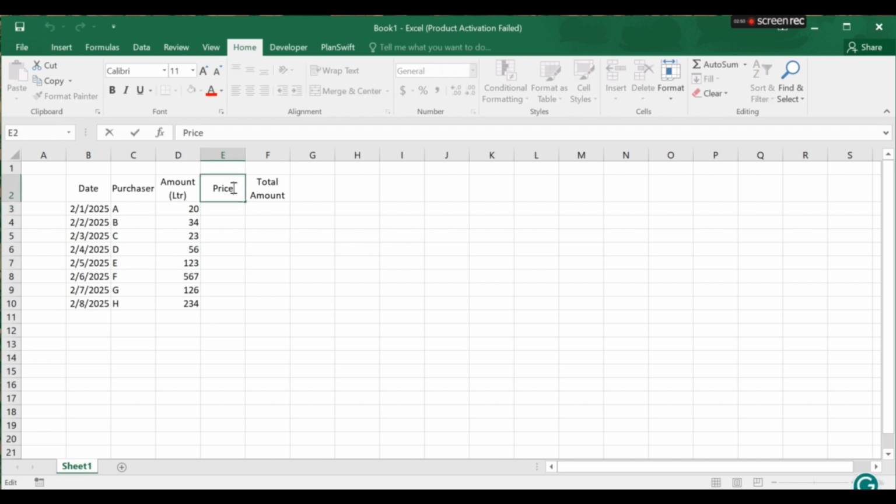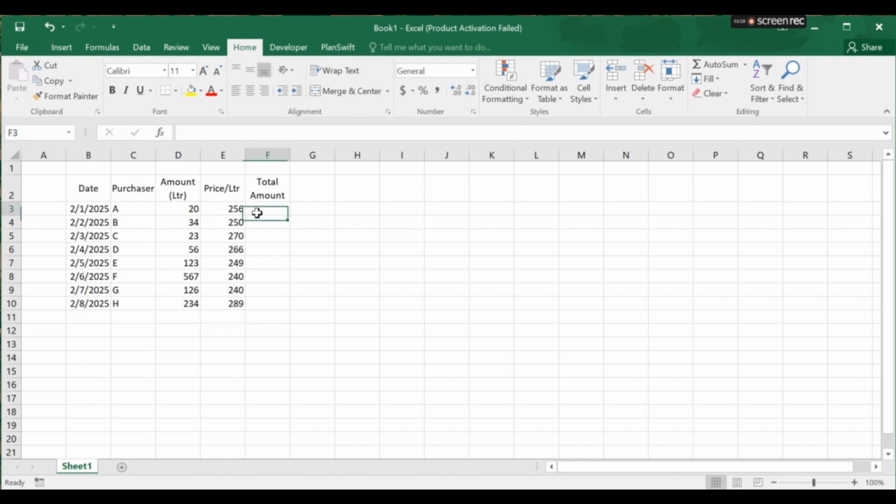And for example, this is the price per liter. So for example, on this date we have 256 price per liter, and on this date we have 250, and on this date we have 270, and on this we have 266, and on this date we have 249, and on this date we have 244, 440, and 240 again, and